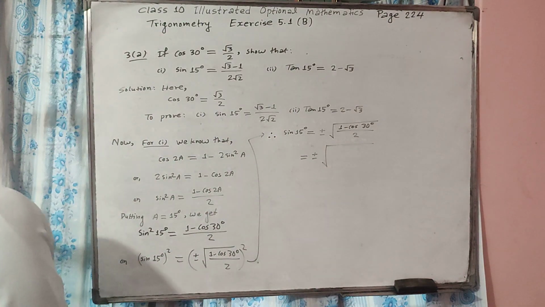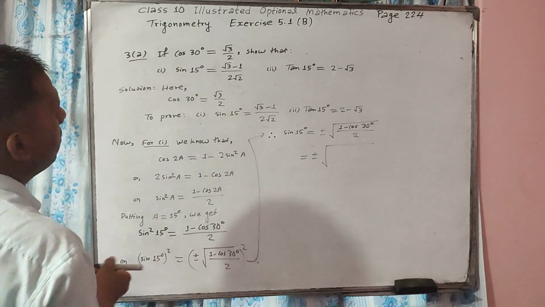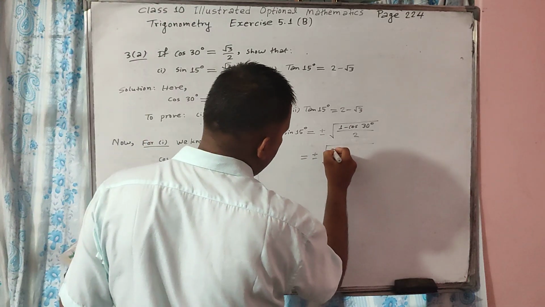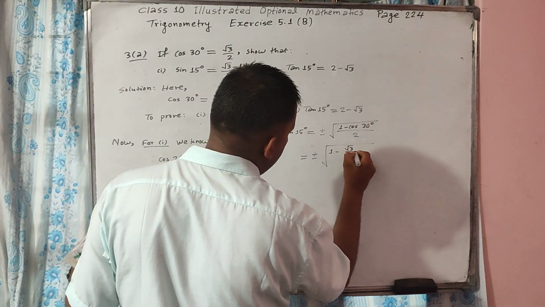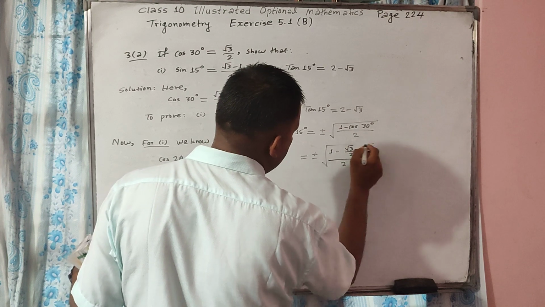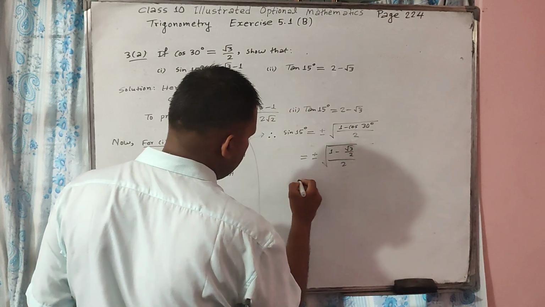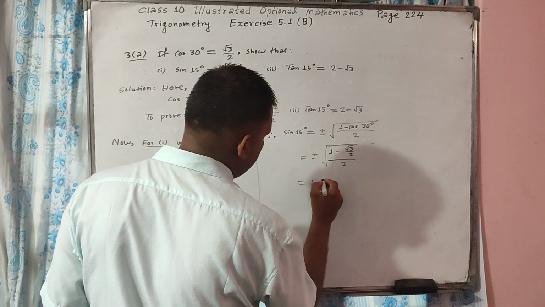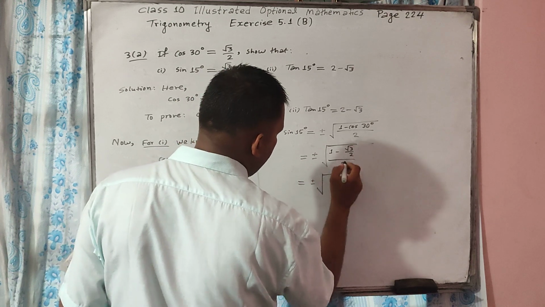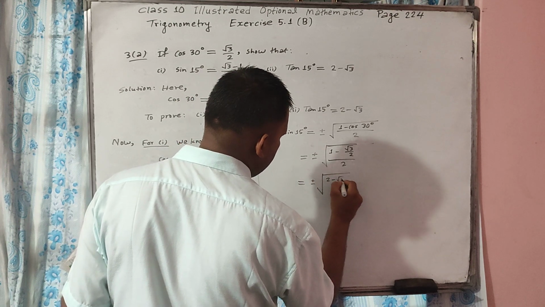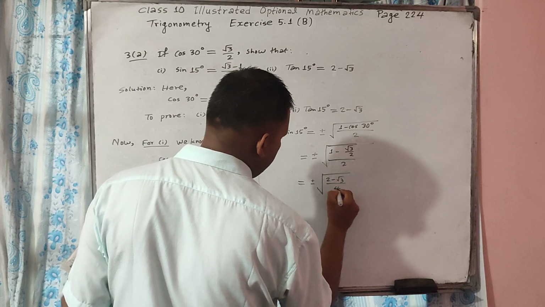We have the value of cos 30 as root 3 by 2, so putting the value, 1 minus root 3 by 2 all upon 2 is equal to plus minus square root of 2 minus root 3 all upon 2 to the